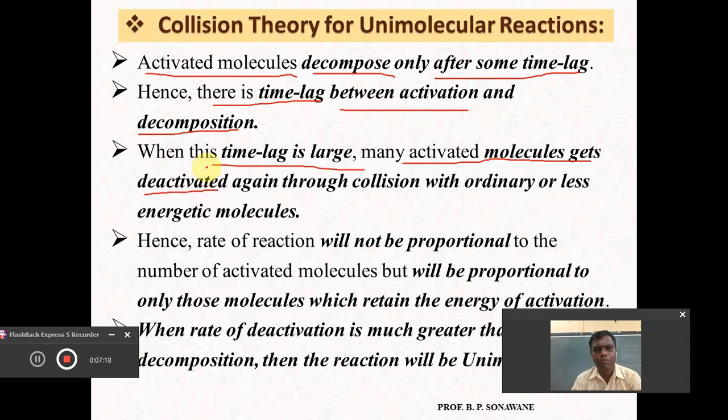In the same way, when this time lag is very large, many activated molecules get deactivated again through collision with ordinary or less energetic molecules. So this means an energetic molecule becomes non-energetic, and hence the rate of reaction will not be proportional to